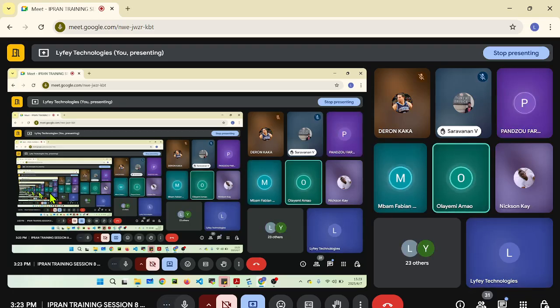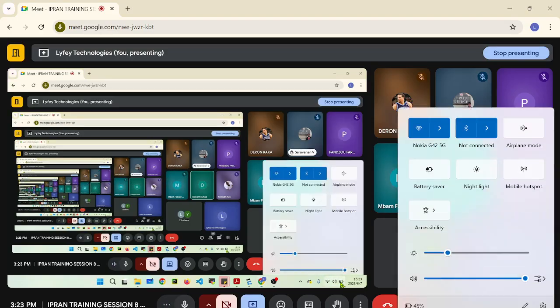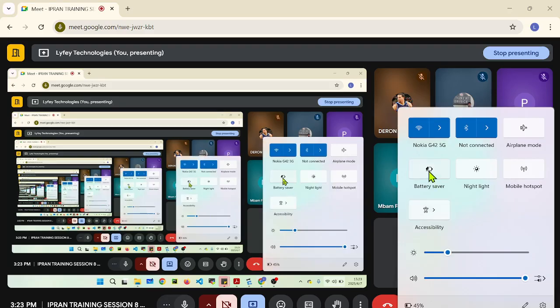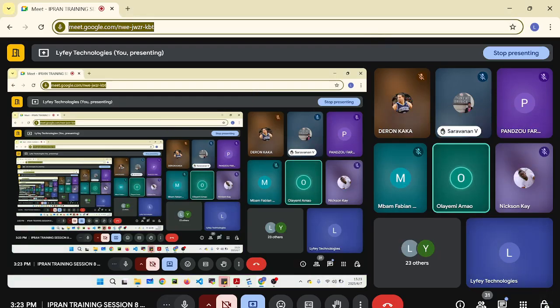Let me also add more to the questions. In this scenario that I'm picturing, let's say we only have just two ASGs, but I have so many, let's say like 50 CSGs for now. And I'm also looking at scalability, right? Now, all these CSGs, if they are connected directly to the